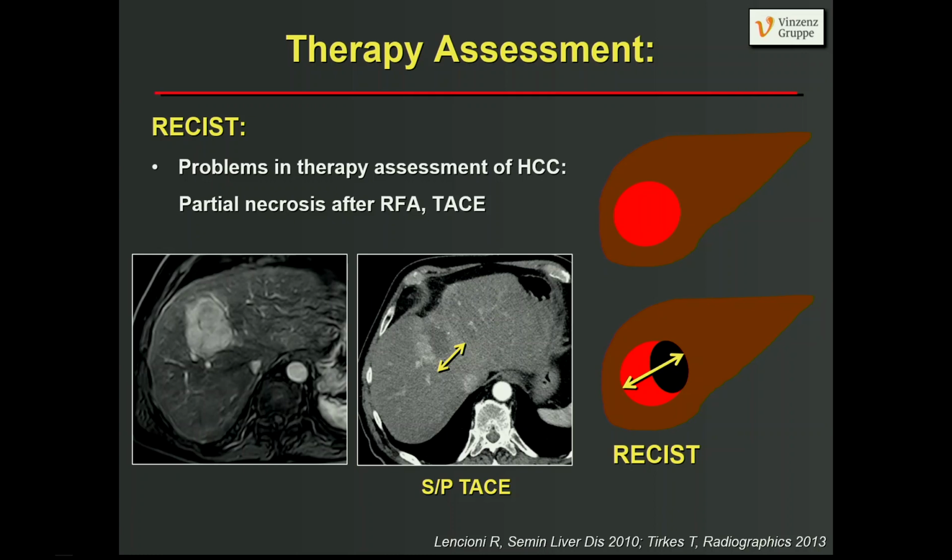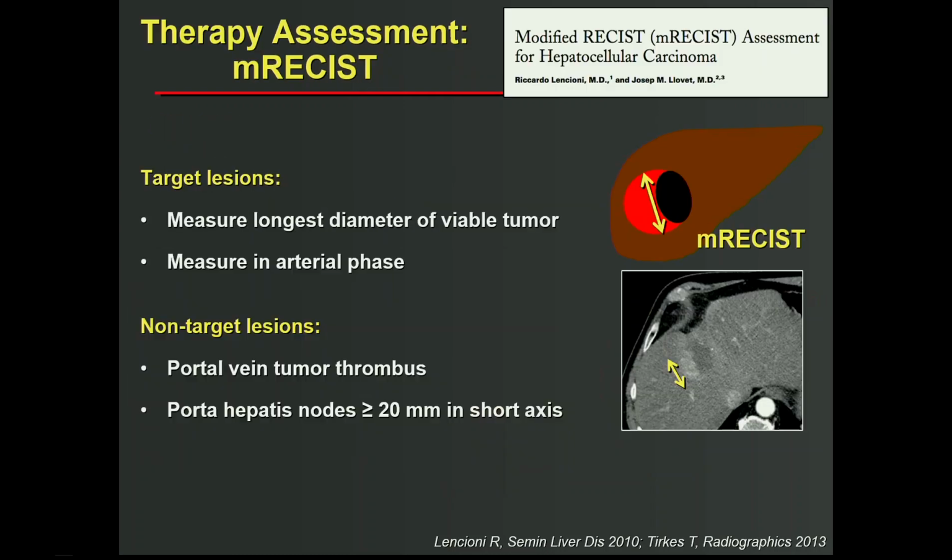So the problem is here, if you have necrosis after radiofrequency or after TACE, that would still be counted as a lesion. You see here, this is the lesion pre, this is the lesion post. You see, this is largely necrotic. This is just residual tumor here. With RECIST, you have to measure everything. But